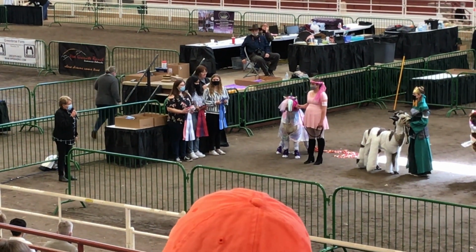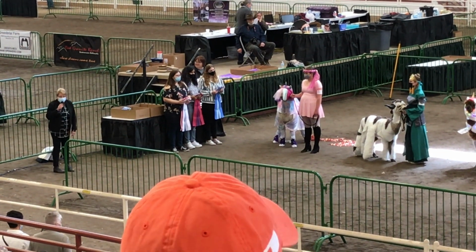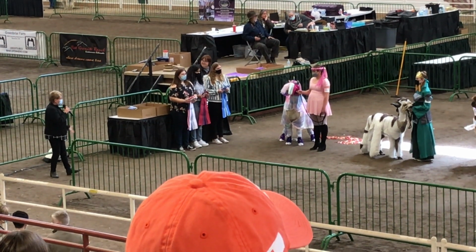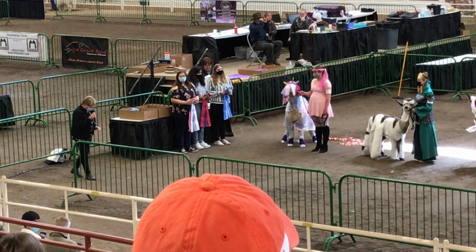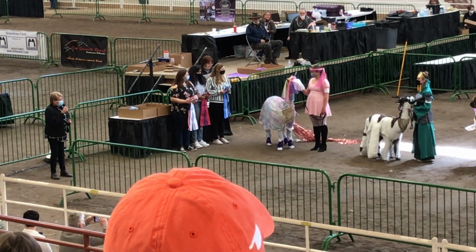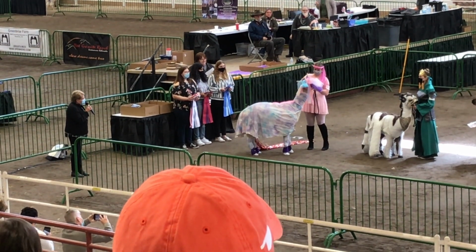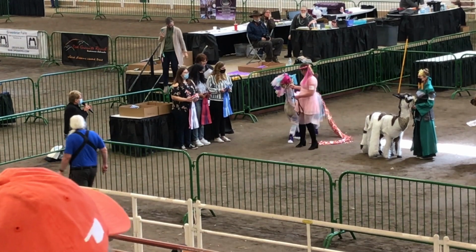But we're looking at how the alpaca is tolerating all of the items and apparatuses that the exhibitors have decided to put on them, upon them, around them, on top of them, on the back of them, on their belly, and kind of just put all of that stuff together with their story and the whole combination of all of that. And in this class, I have to commend all of them. Very unique costumes. I went and asked each one of them, how'd you come up with this? Awesome ideas. And they all have a reason, their favorite shows, they are created in the aspect of